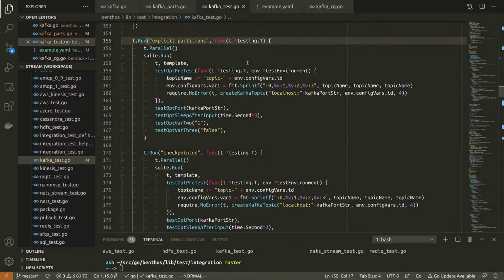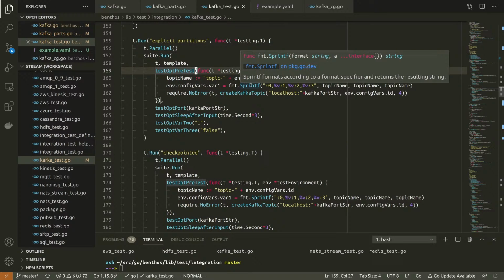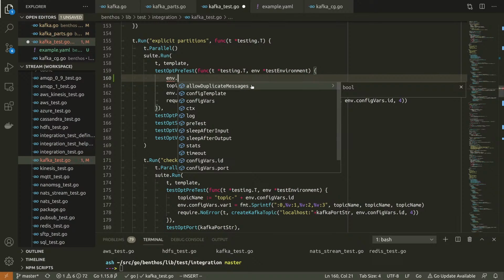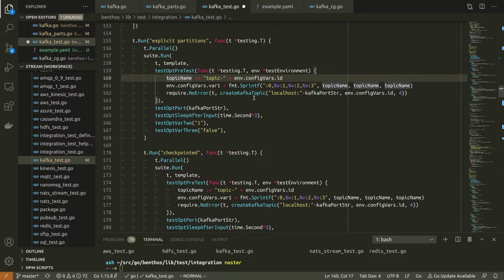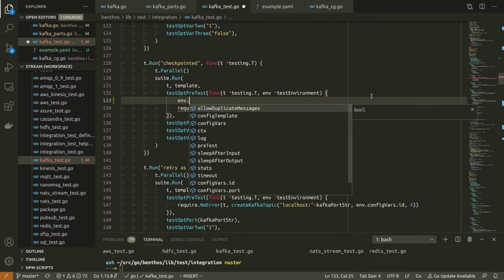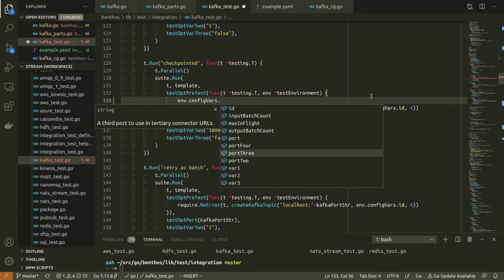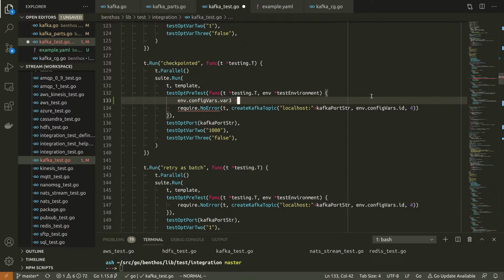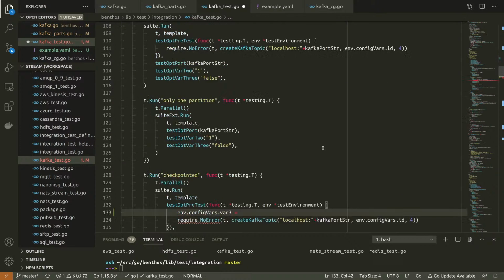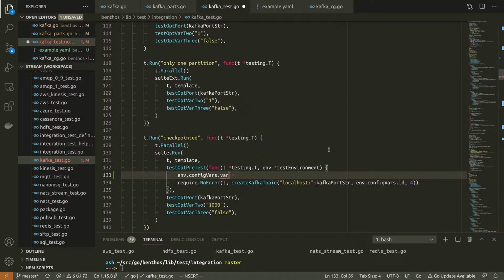Right, I'm going to copy. Okay, so what I'm going to do is a little bit of a hack. Please don't be mad. I'm going to edit the test environment on every... Do I run pre-test on everything? Yeah, I do. Okay, so I'm going to set config vars. I'm going to use var 3. Var 3? Oh no, I'm already using var 3. But I think I stopped using var 1. Otherwise I was going to have to add a whole new var. Can't have a var 4.